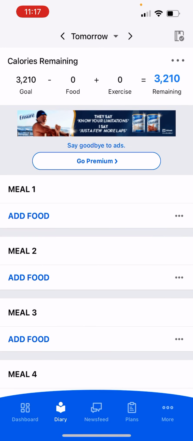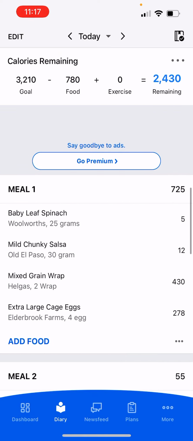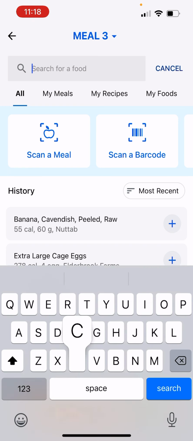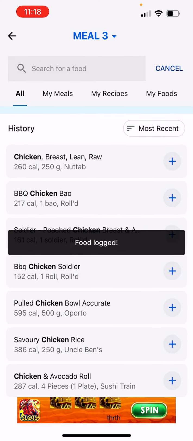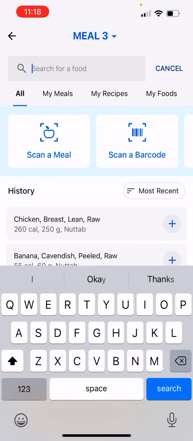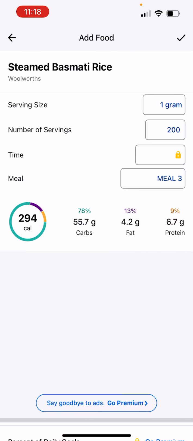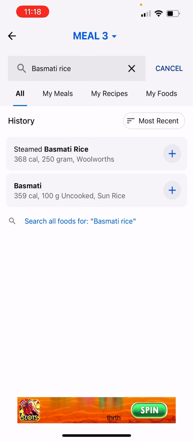One other thing you can do is you can create meals or meal plans on MyFitnessPal by just typing in the food that you want to have, put it all into your database for the day. So maybe I'm going to add some more stuff here. Maybe I will add chicken breast again, the nut tab 1. And maybe I'll add some rice, so basmati rice. Woolworths 1 is the one that I tend to use the most, 250 grams for a meal, and vegetables, etc. So maybe I've added everything in there already,